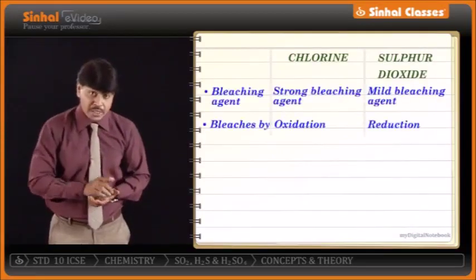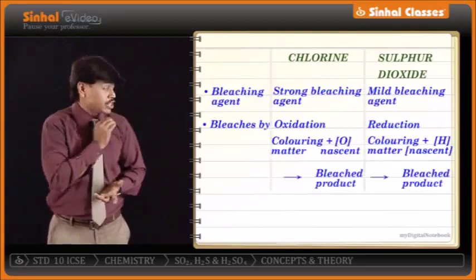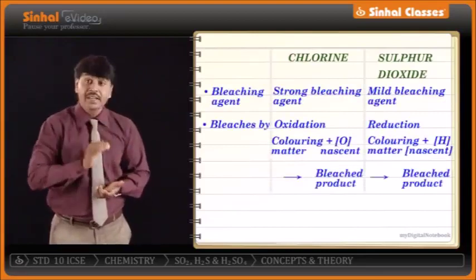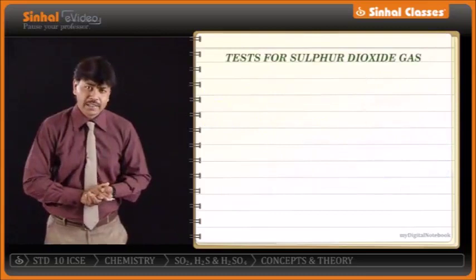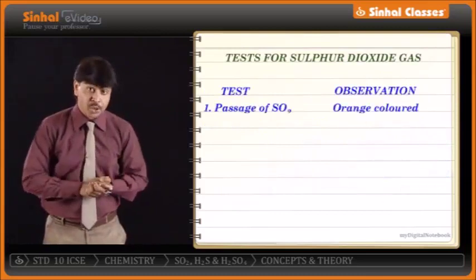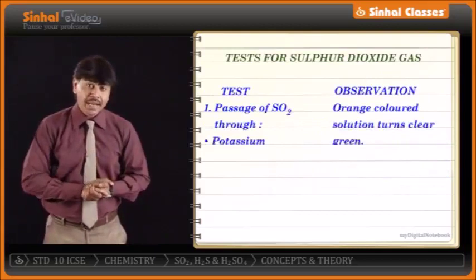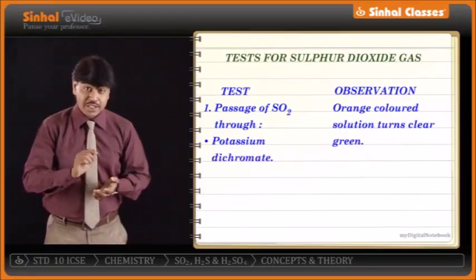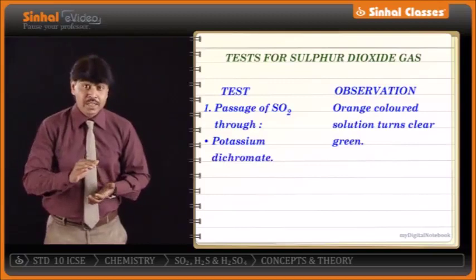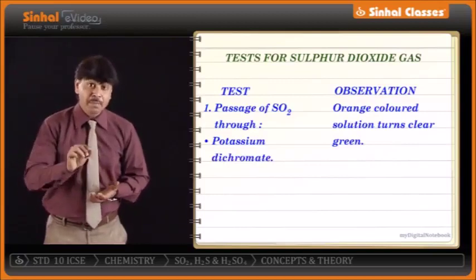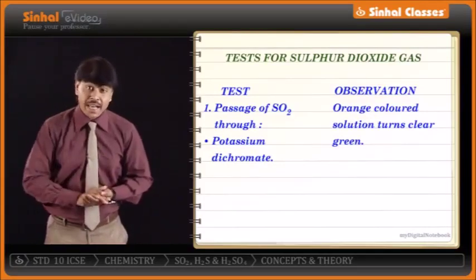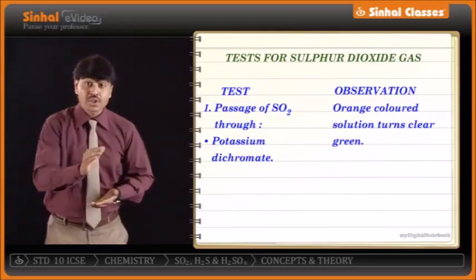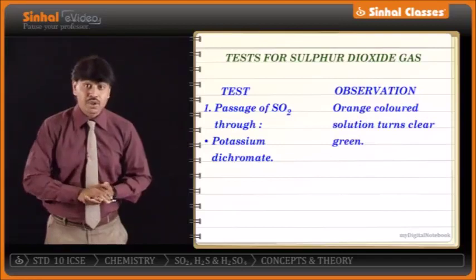So bleaching action of chlorine is by oxidation, whereas in case of sulfur dioxide, it is by nascent hydrogen. We can test the presence of sulfur dioxide by various reactions in the laboratory. To begin with, we can take potassium dichromate, which is orange in color. First we acidify it by putting 1 or 2 drops of sulfuric acid and then pass sulfur dioxide gas through it. The observation will be that the orange color changes to green because of the formation of